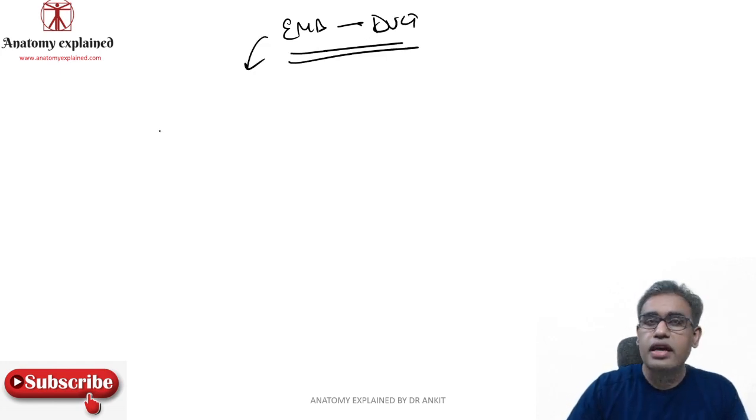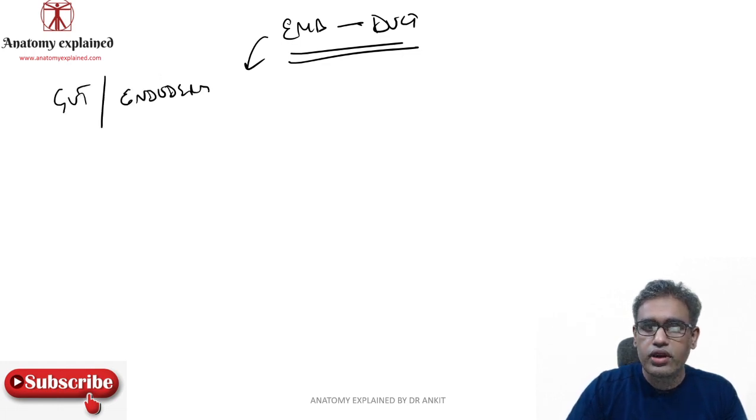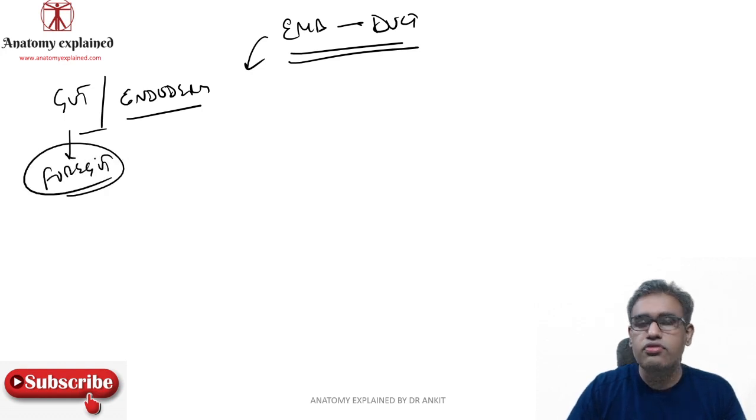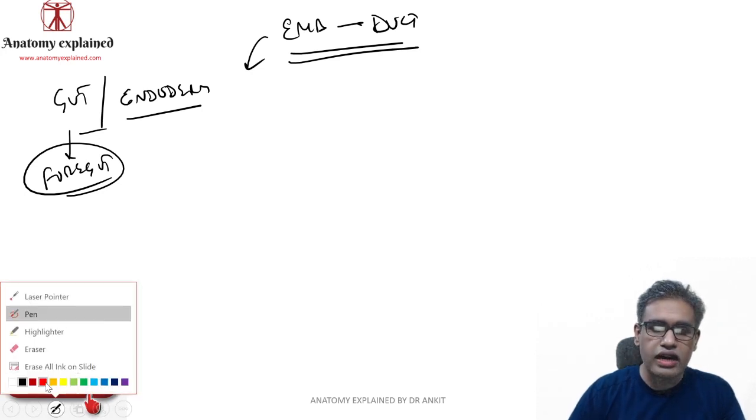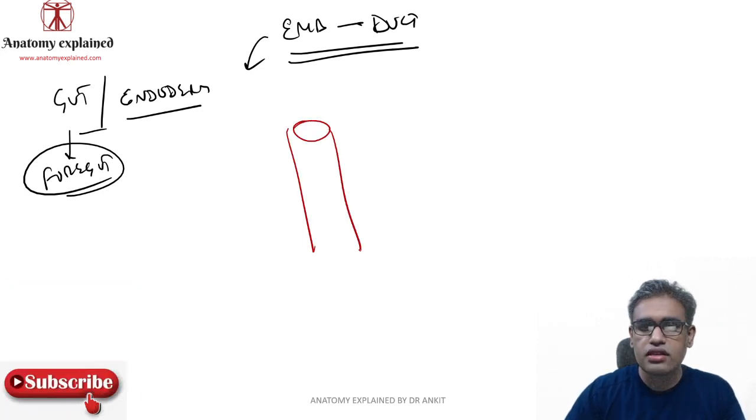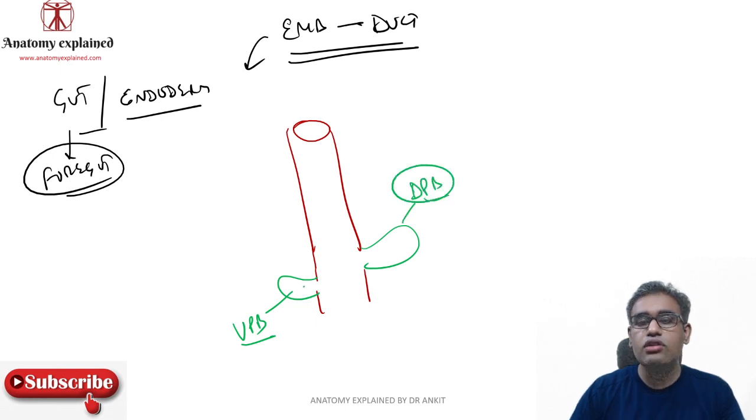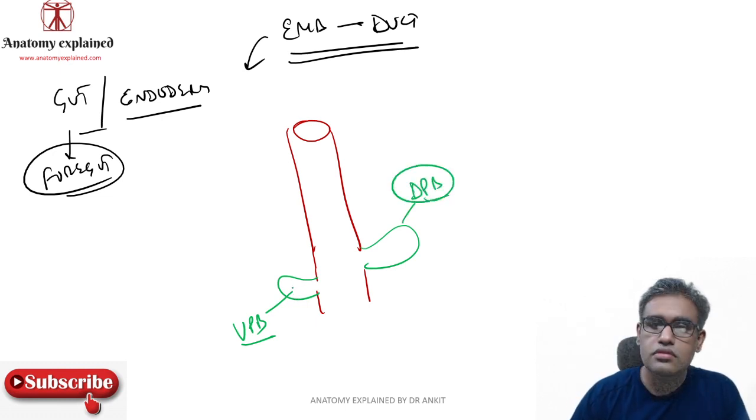So embryologically, the pancreas is coming from the gut. Pancreas development is endoderm. Point number 1: which part of the gut? Mainly from the foregut, or you can say the junction of the foregut and the midgut. So actually there are two diverticula over here. Imagine this is a tube, that is the foregut tube. The lower part of the foregut tube will have two diverticula. Anteriorly we will have the ventral pancreatic bud, and posteriorly, the bigger one, the dorsal pancreatic bud. These are diverticula coming from the foregut part.